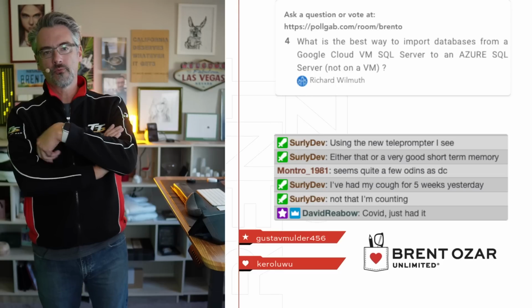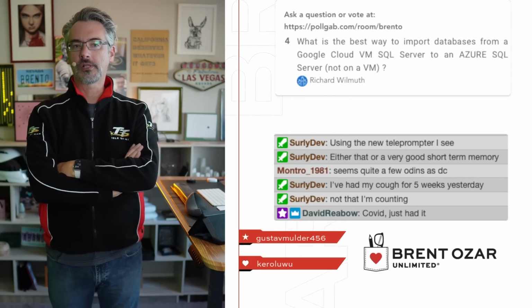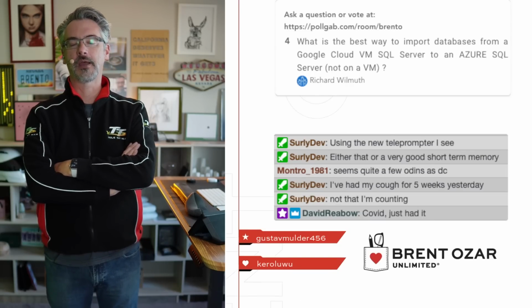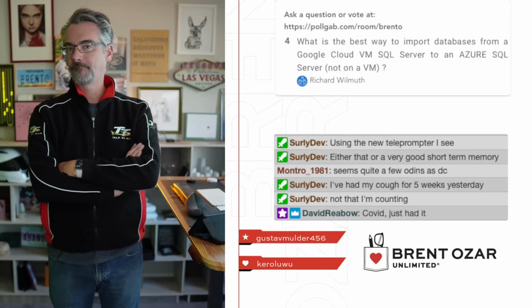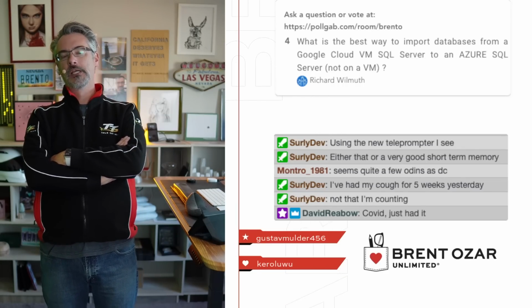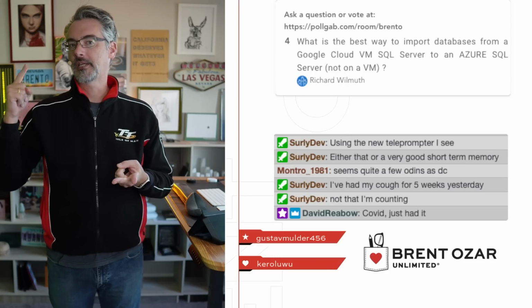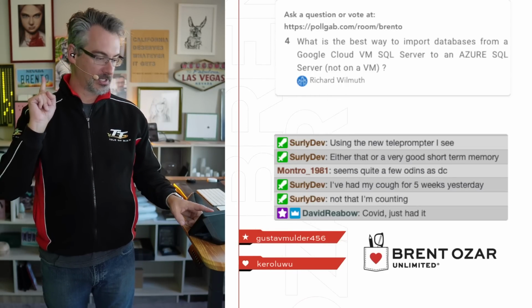We'll do one more. Richard asks, what's the best way to import databases from a Google Cloud SQL Server to an Azure SQL Server not on a VM? So when you say Azure SQL Server not on a VM, there's no such thing. There's Azure SQL DB, there's Azure SQL DB Hyperscale, there's Azure Managed Instances, and